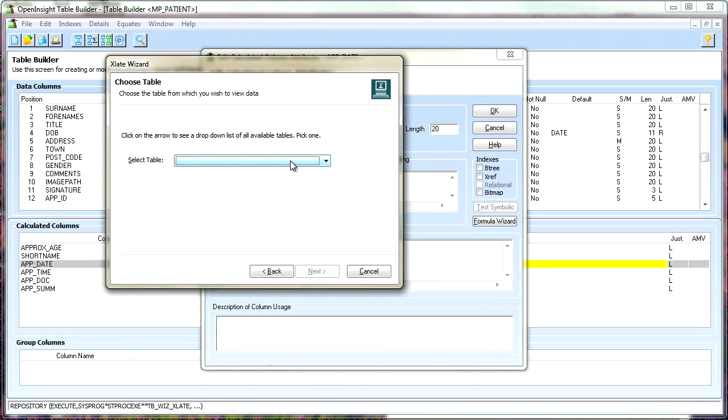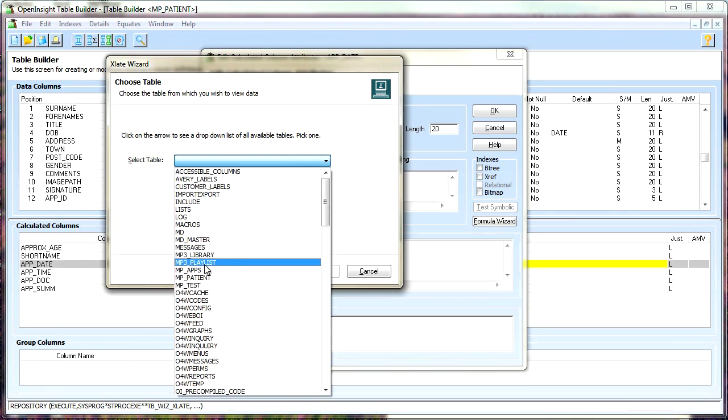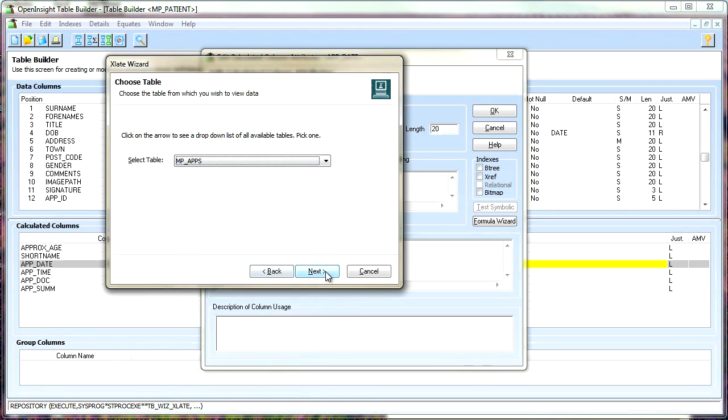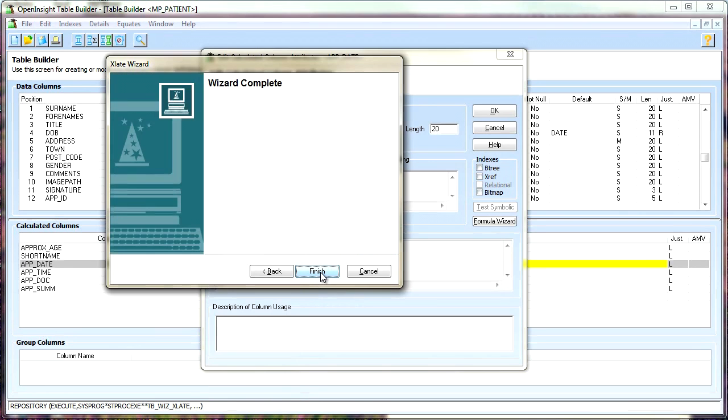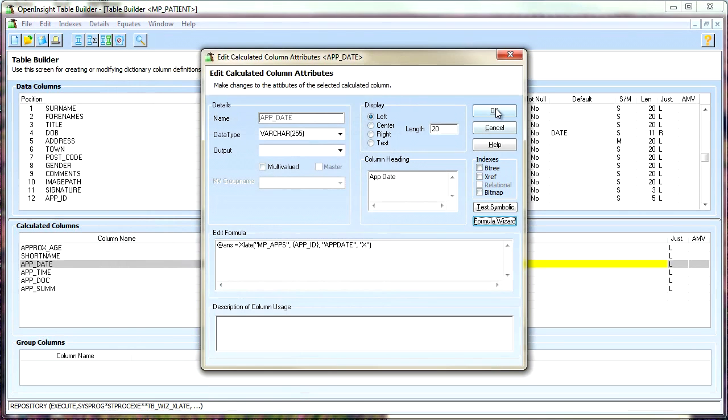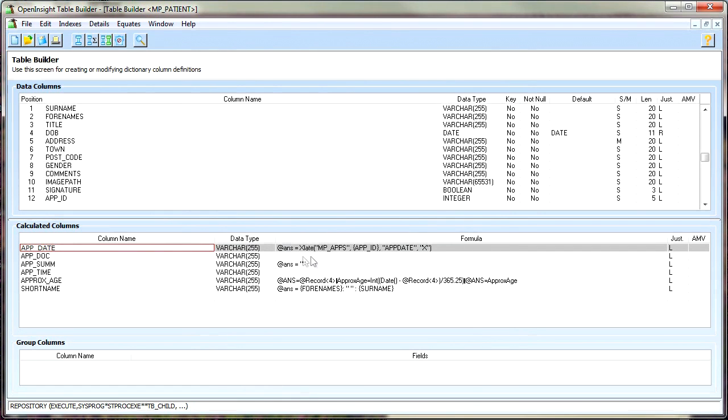So the table from which we wish to view the data is going to be the appointments, and the column to use as a key is going to be the app ID, and the column is going to be the appointment date. Next, and finish, and we'll OK, and then we'll go ahead and do the same for the